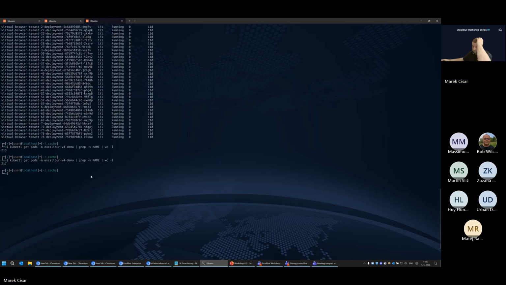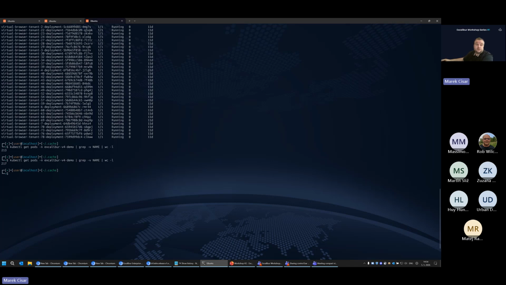So first, I need to take care of the Helm utility installation. As you can see, I already have Helm installed. The step-by-step instructions on how to install Helm are listed within our documentation on the public portal, so you can check how to install the Helm utility.